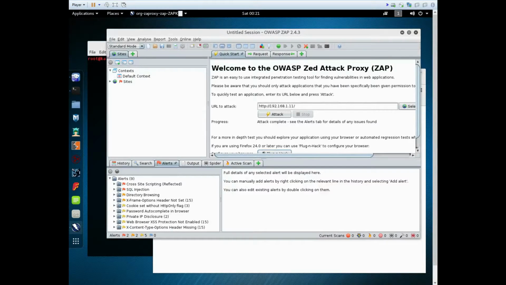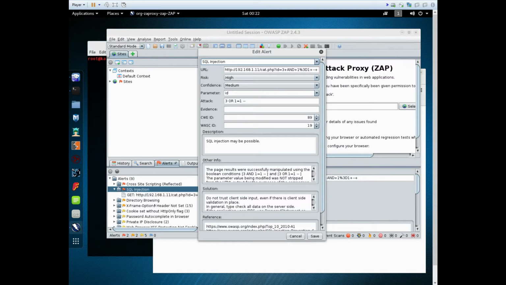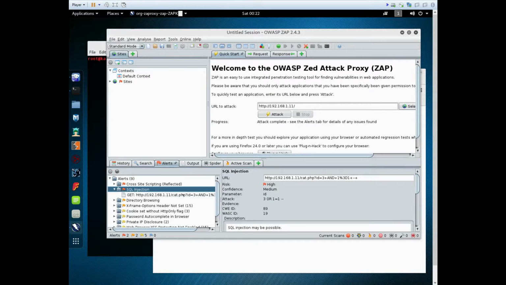So the OWASP attack has happened. So what we're now looking at is, we'll have a look through here and see if there's SQL injection vulnerabilities here. So the first one is, we can see that it's actually found an SQL injection vulnerability, which means that we can use this and try and get to the database of the application. So the first thing we'll do is we'll copy this URL,